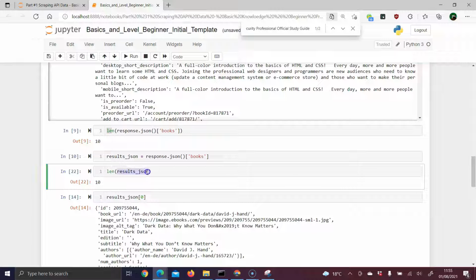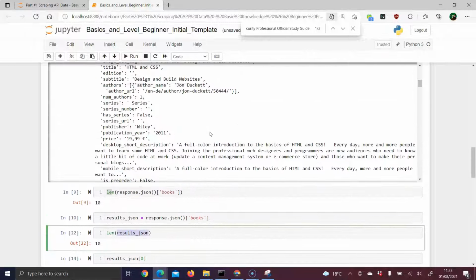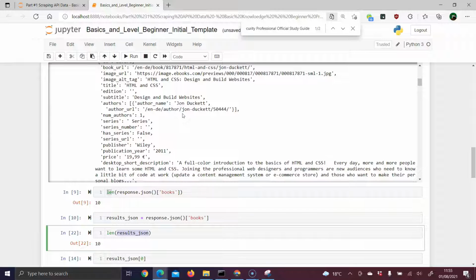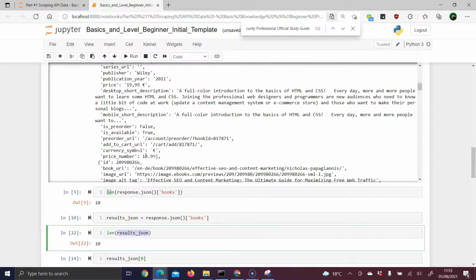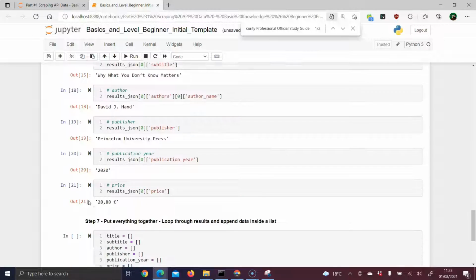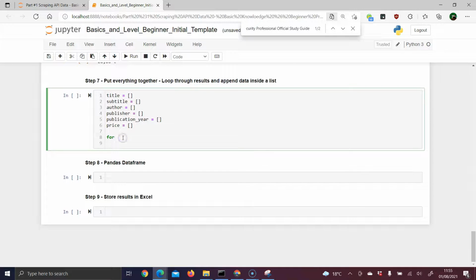want to loop through this variable, which is this result here. And then we want to extract each and every data point, for all the books, and store them inside the empty lists. That means, first of all, we need to choose an iteration variable. I will just go ahead and use result as our iteration variable. So for result in